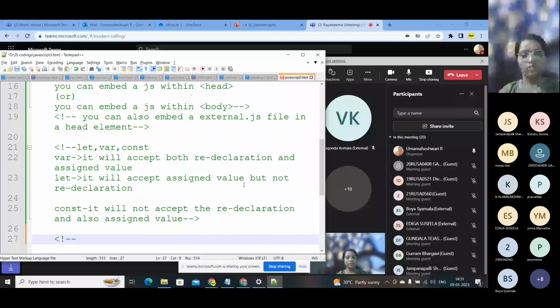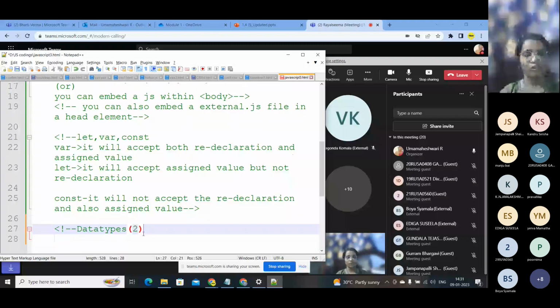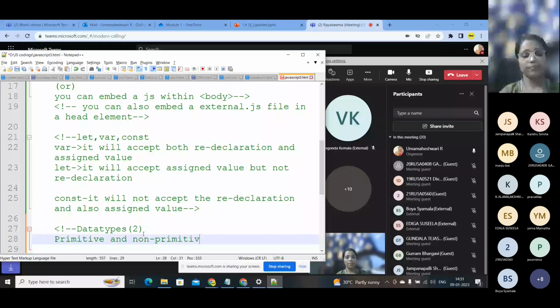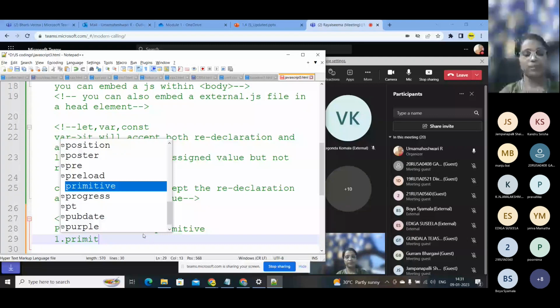So in JavaScript, the data types. Definitely, this is an interview question they will ask. There are two types: one is primitive and the other is non-primitive data type. The first one is primitive data type. This is nothing but a predefined